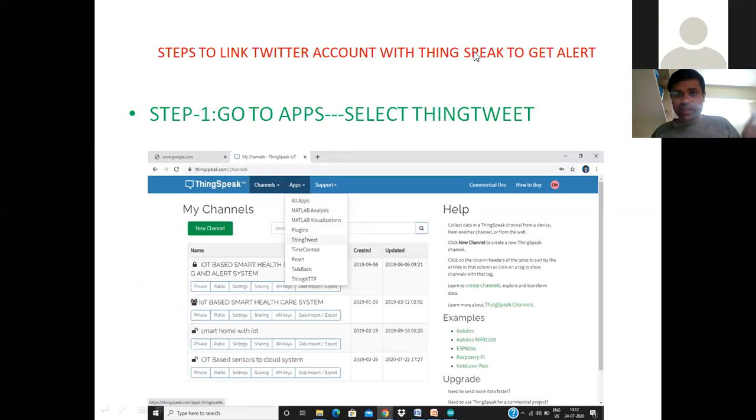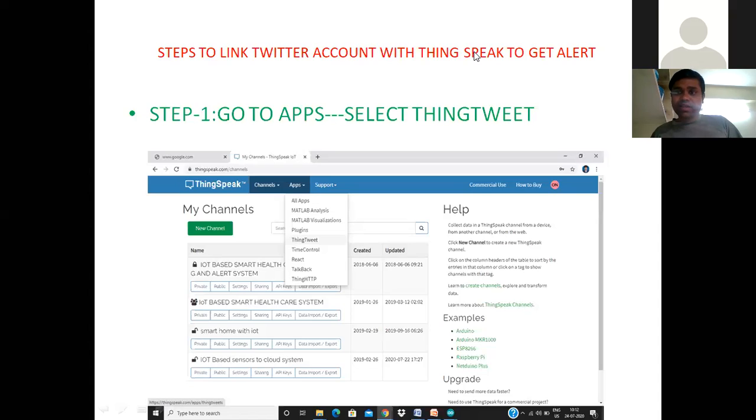We just want to read the data, and using some predefined functions, we are pushing the data to the cloud every 15 seconds. Now, to read the data from the cloud, there is a predefined function, ThingSpeak.readIntegerField. It reads the data from the particular field. If it is 1, do something; if it is 2, do something else. That is the monitoring and appliance control system.